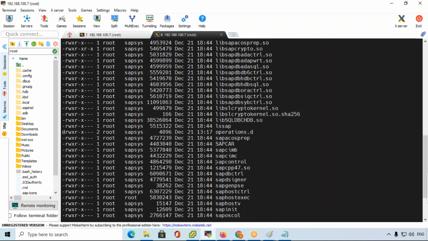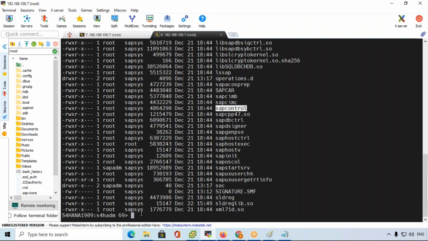So select this one. Once we select that SAP control, that is indirectly copied. Come down, not cd. Here we need to enter the command dot /. So we copied, right? SAP control we copied. Copied means not really copied, just select this one.